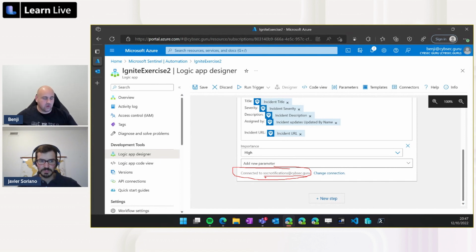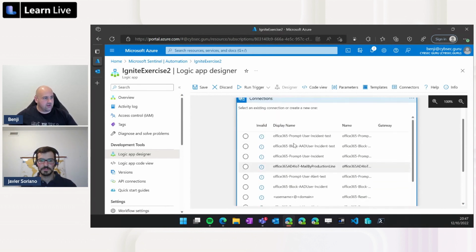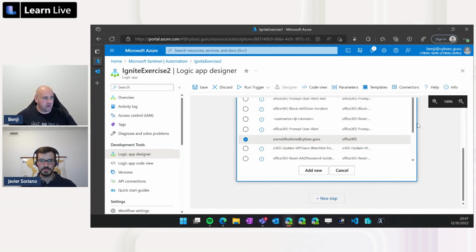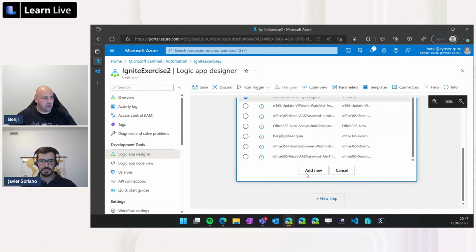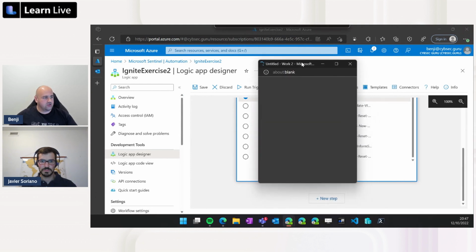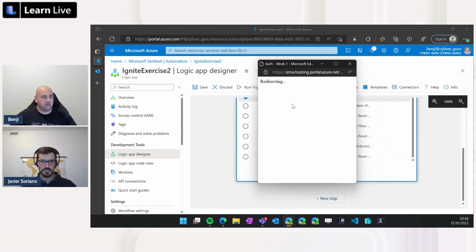So this is really, really important, so that you can utilize it. If you want to change to somebody else, you will click on change connection and add anybody else from your list if you have anybody else there, or if you need, you will need to add new. But don't forget, here you will actually need to sign in. So you will have a window where you will be signing in, so that you give permission to this playbook, so that it can send email in your name.